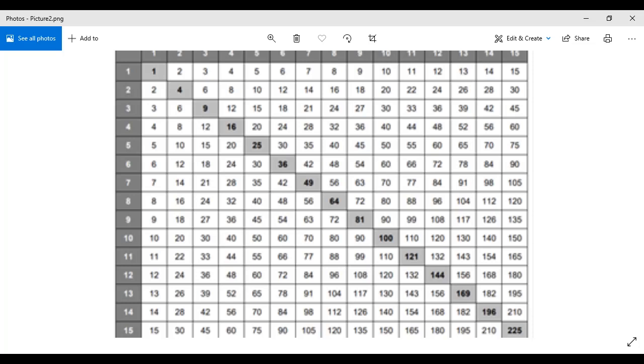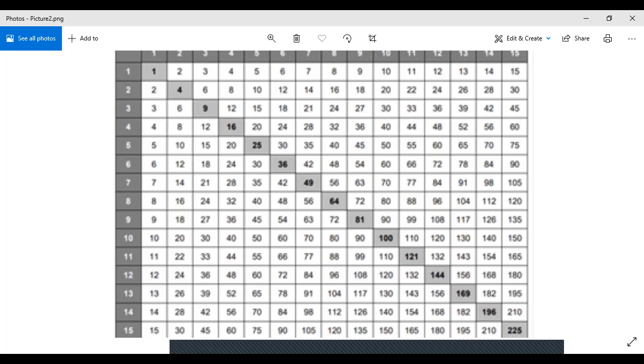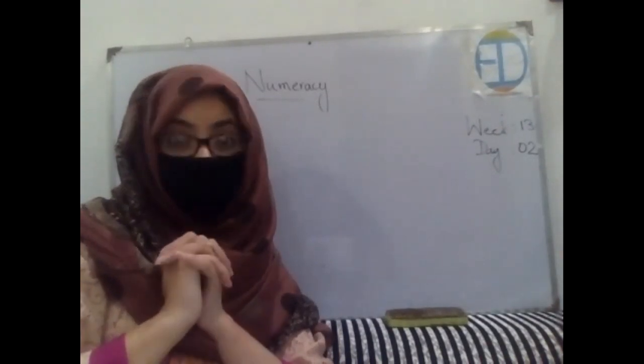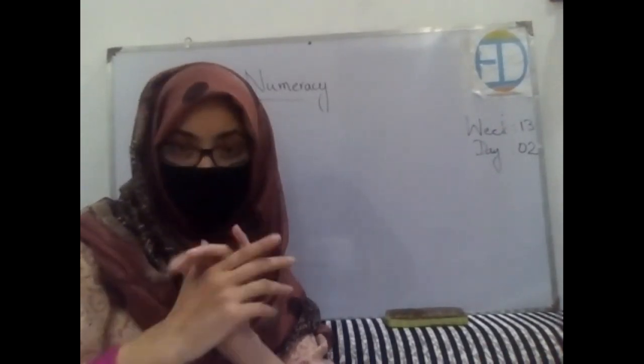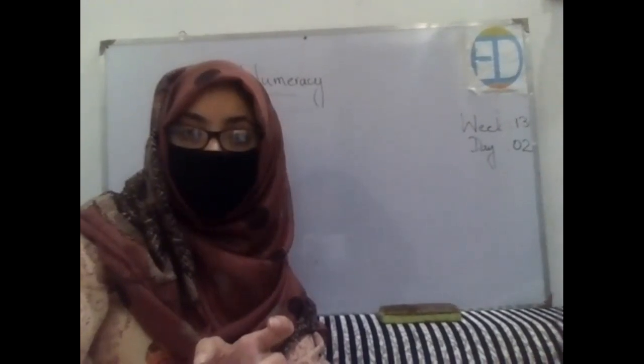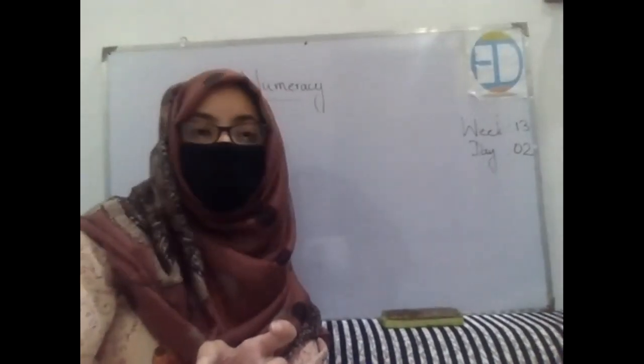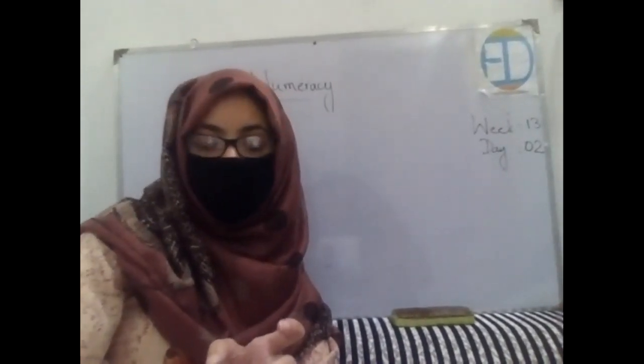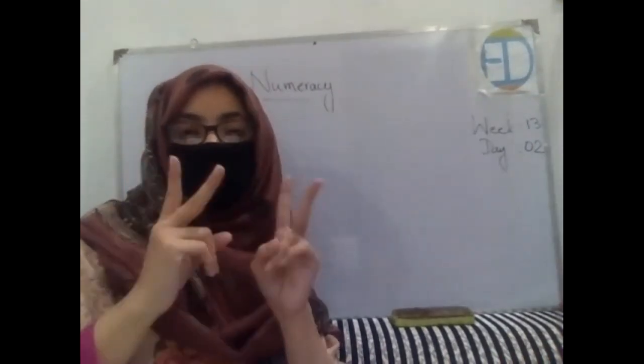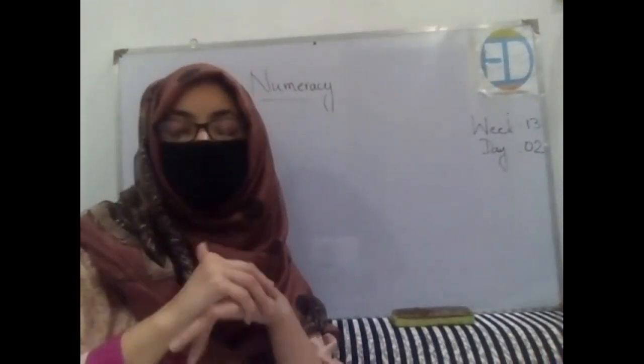Okay. And 3 times 7. Move till the column of 7. This 3 times 7 is equal to 21. Very well done. Okay, class, is there any confusion in this? Now you know how we can read the multiplication table, right? And you know how we can find the products as well. So who is going to define the product for me? A product means when we multiply two numbers, the answer is known as product.